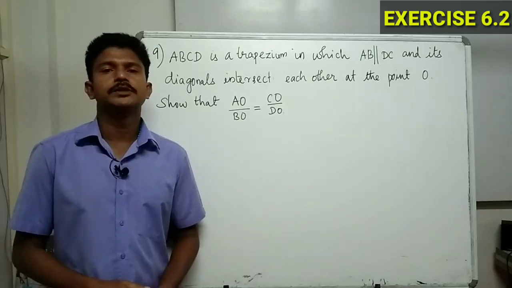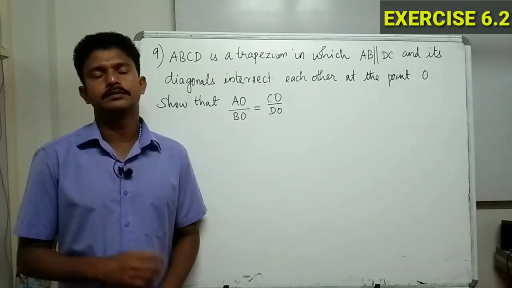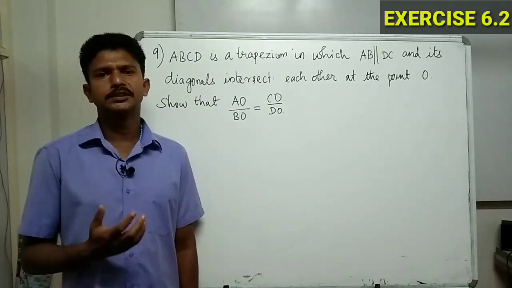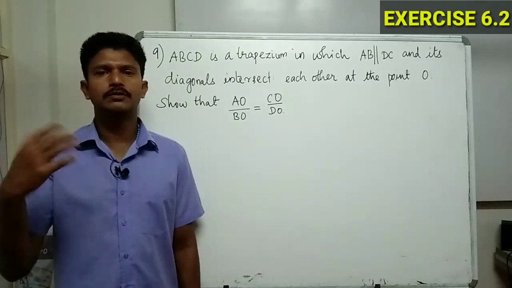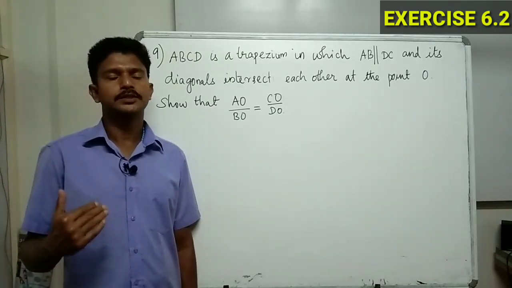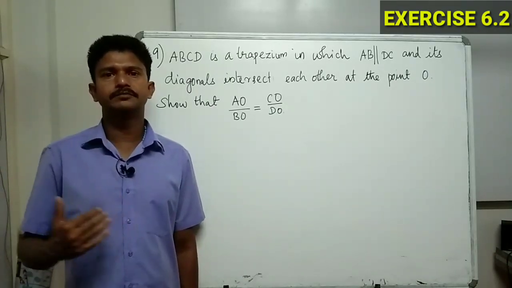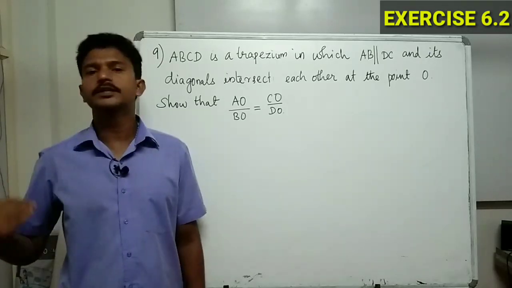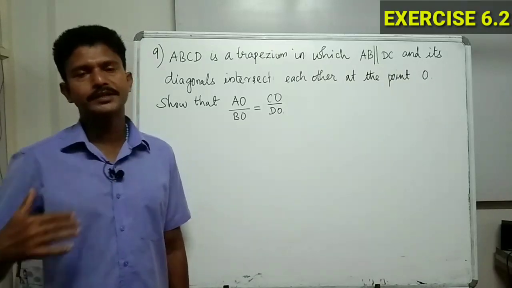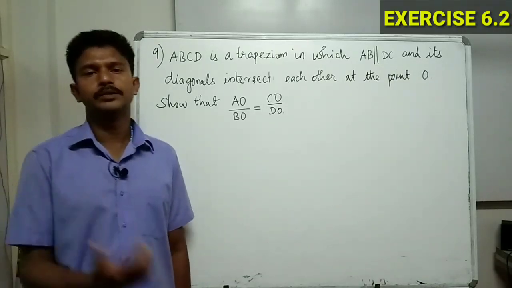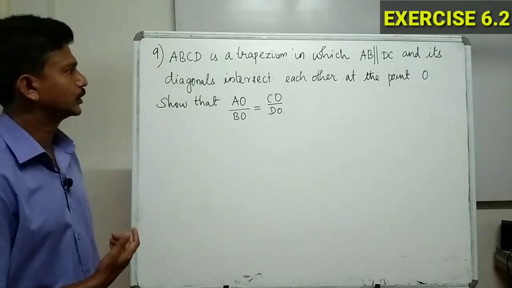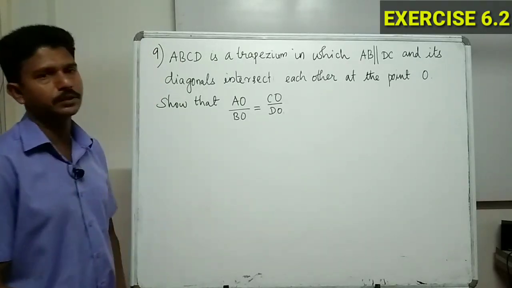We are now at question number 9. Question number 8 is homework. If you understand question number 7, the converse of question number 7 is question number 8. You can write that answer from bottom to top. If you write in reverse order, you should write with meaning. If you write understanding it, you can bring the answer. We can prove question number 8. So now we are moving on to question number 9.